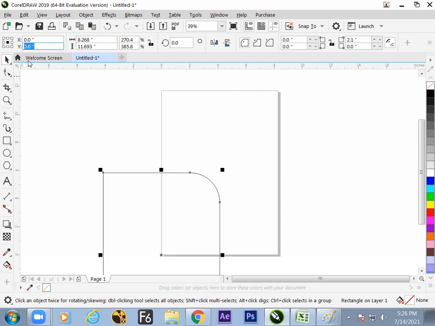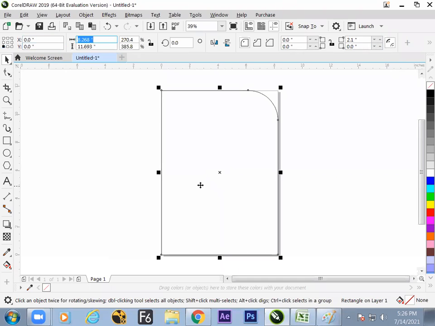It should not be confusing. So what is to be done? Change the reference point to left down, and now type 0 by 0. It will exactly match the left down corner of your object. Hope it is clear now. Though we are writing 0, 0, it is not a solution if the reference point is not proper, the object will not come to the center. So make sure before typing that the logic is clear.